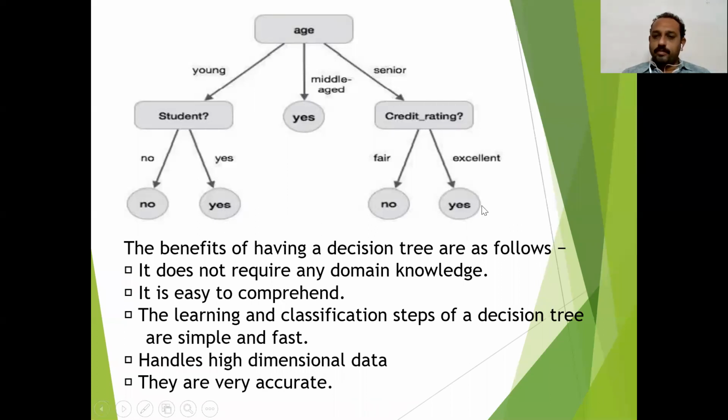If it is excellent, he will definitely get the credit or loan. Like that, we need to define a decision tree. At each and every level, we need to construct the tree conditions, and depending upon those conditions, we will get the final output.